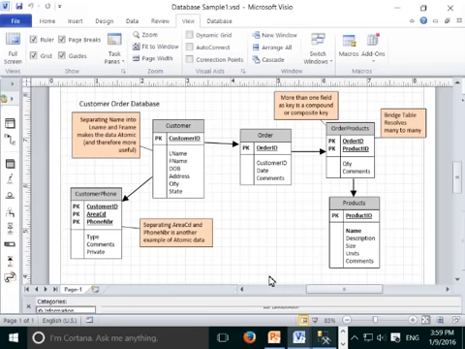Let's move over to the order table and the products table. You can see in the order table, I took the product ID completely out of the order table. Now we want to be able to order many products in one order, and we also want to be able to have the same product be in many orders. So in other words, one order can have many products, and a product can be in many orders,